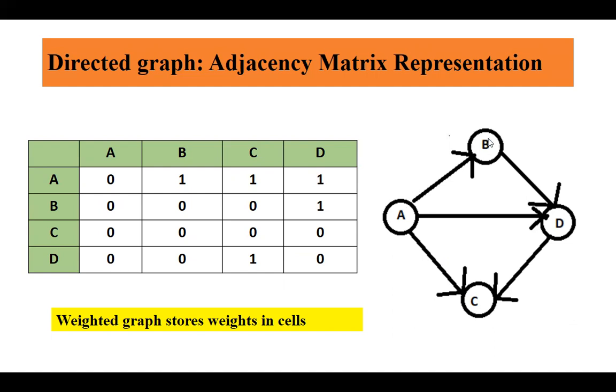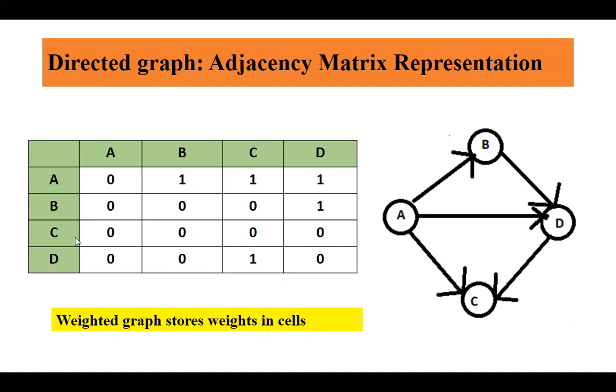So all the rest of the entries of B will be 0 or null entries, but a 1 will be there only for B to D. From B to D there is an edge, so mark it as 1. For the rest, there is no path, so it is all 0 entries.